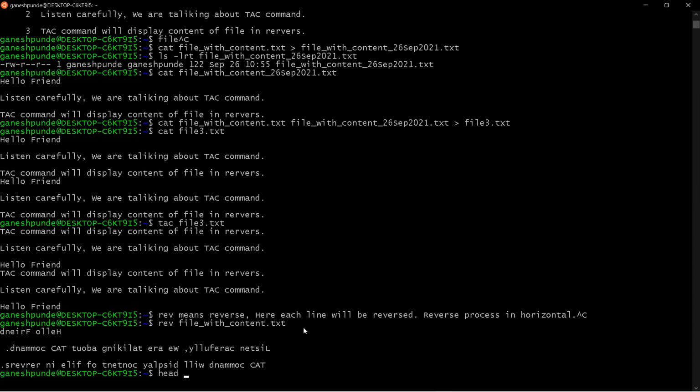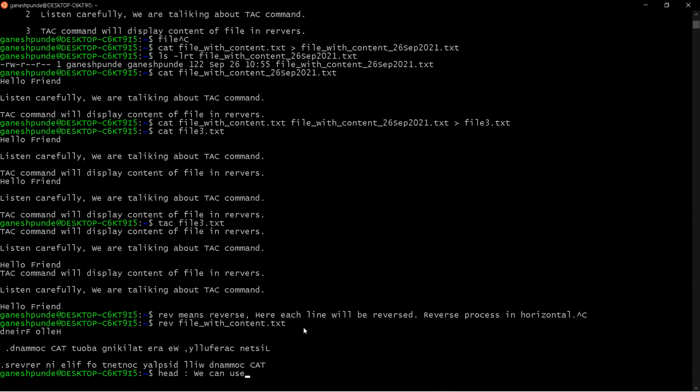Head is the top portion of your body. So the head command is used for displaying the top of the file, some few lines from the top of the file.